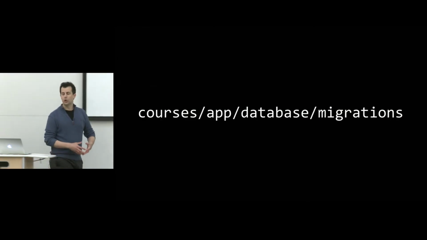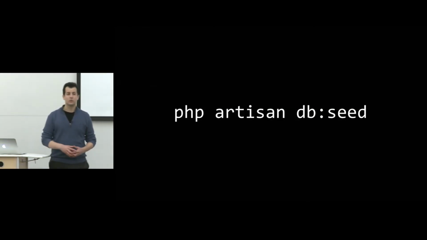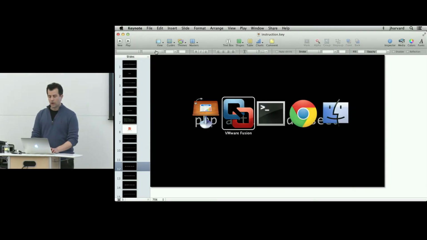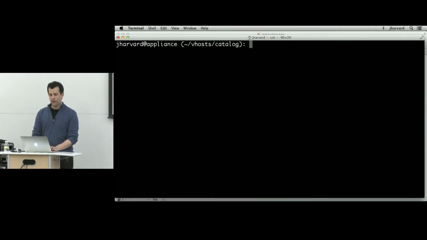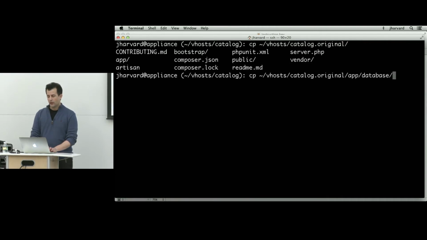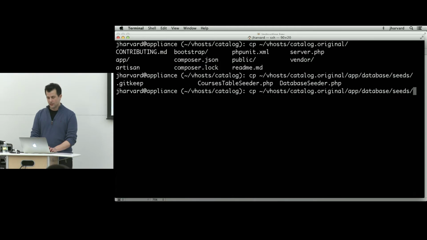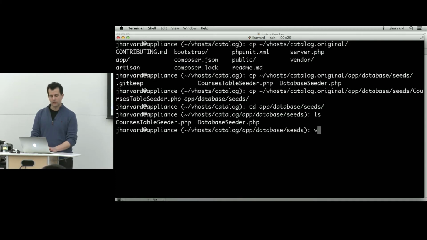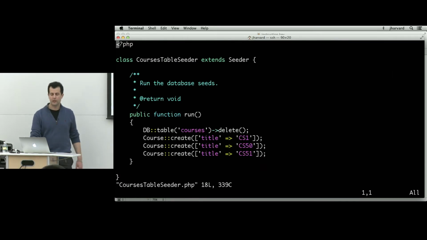All right, that's all fine and good, but now let me actually seed the database with some information. I don't want to do this all manually, so it turns out that in advance I prepped the following file. Let me go ahead and copy this one too from my original code. Database seeds, and in here I have the following file. So in app database seeds, and this code is all downloadable on the course's website on the talks page, notice